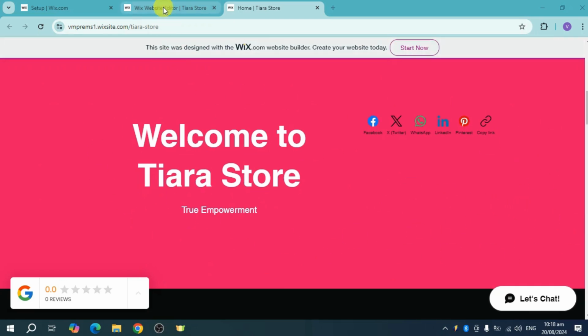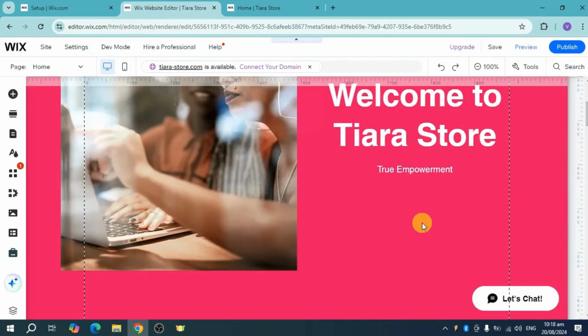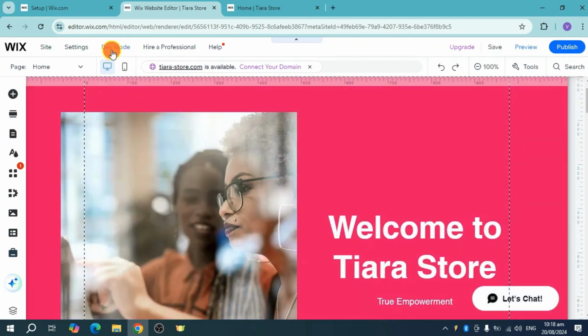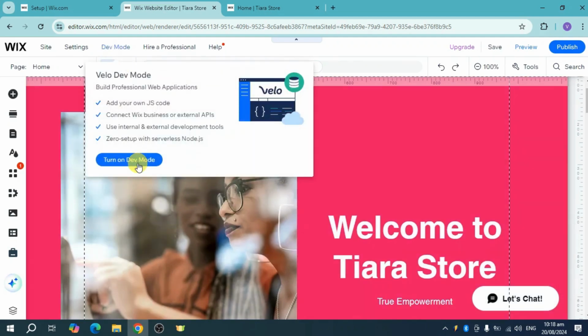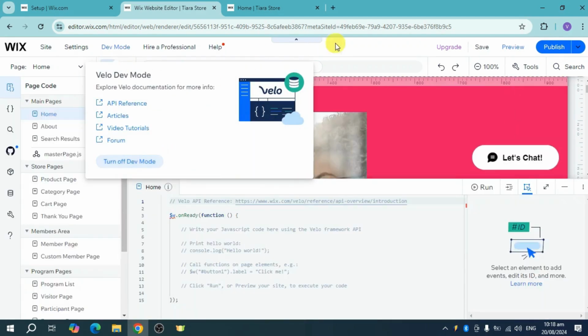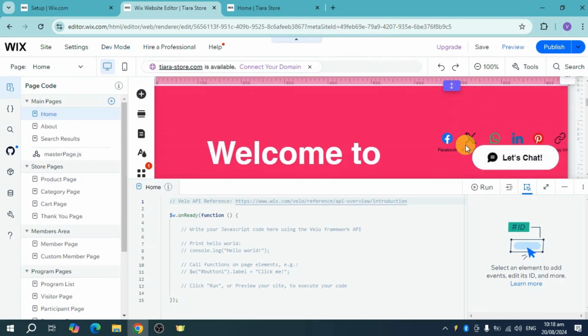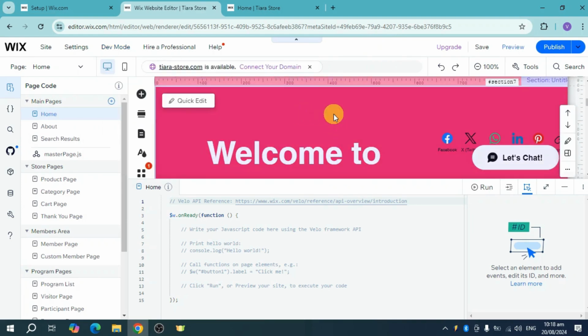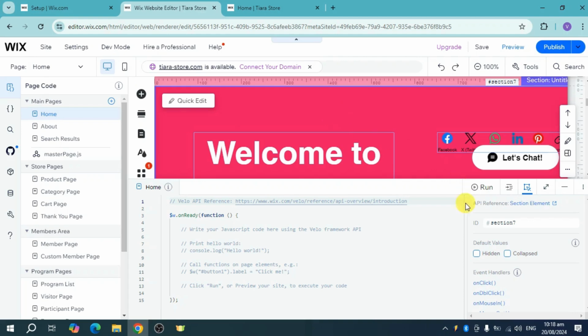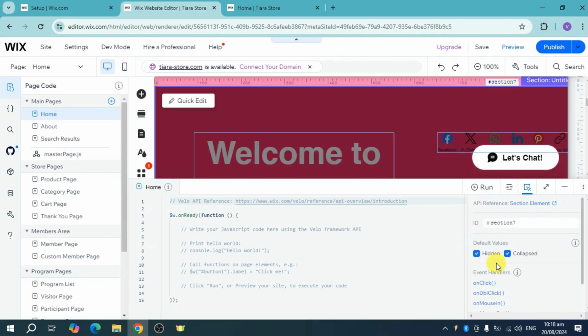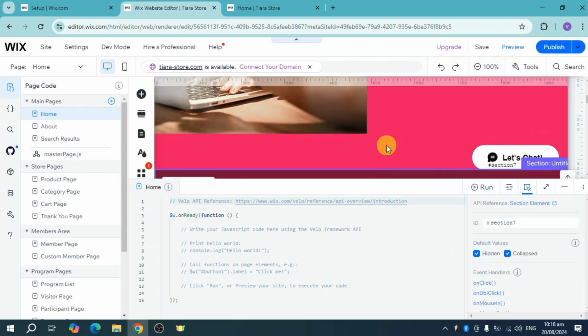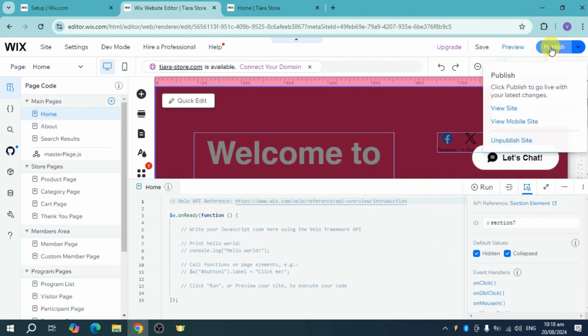In order to hide that, head over right here to your Wix website editor. Click on this Dev Mode and click on this turn on right here in order to turn this on. Now, once your Dev Mode has been turned on, scroll down and just find the section you want to hide. Click on it, and then once you have clicked on it, click on this hidden as well as this collapse option. Now, this will hide this particular section, so just head over and click on this publish right here, then